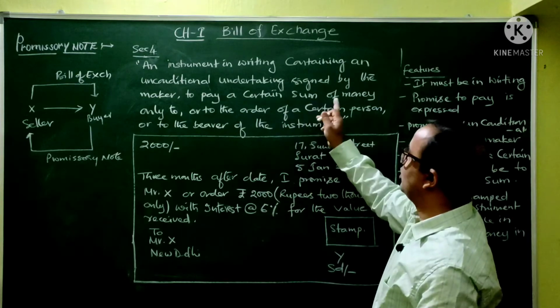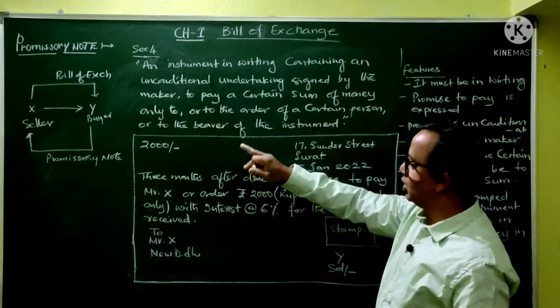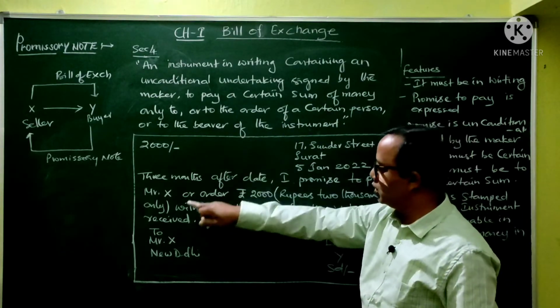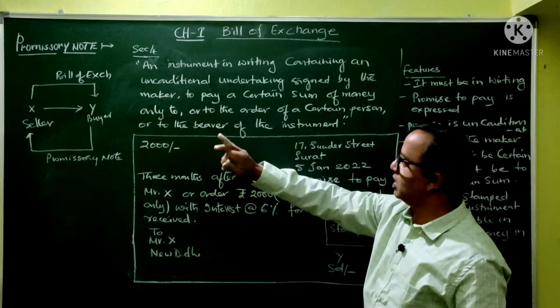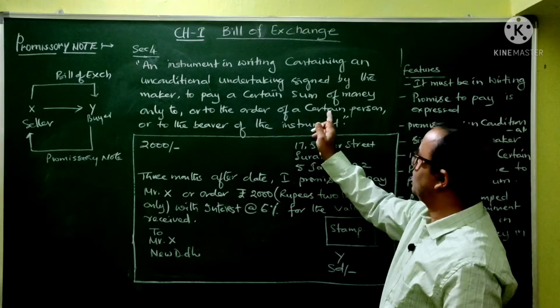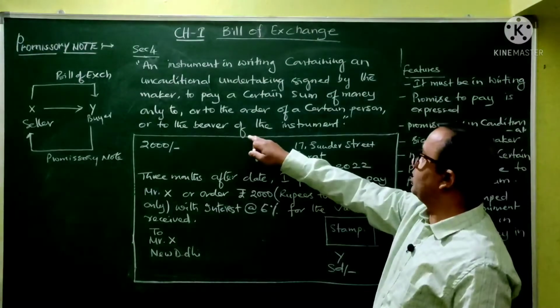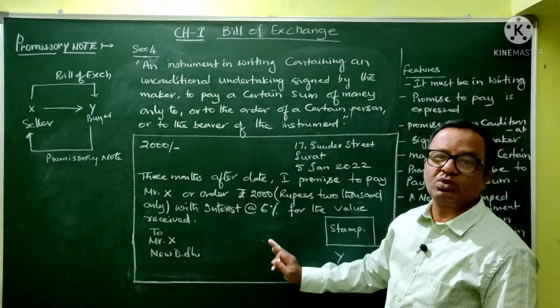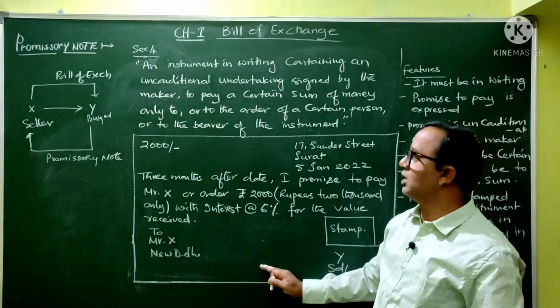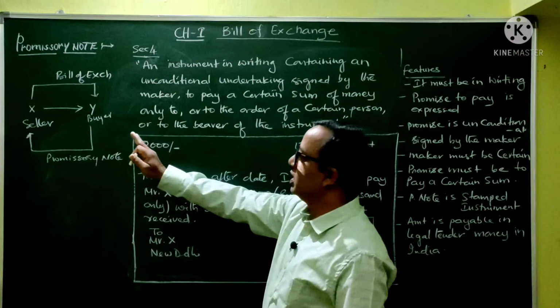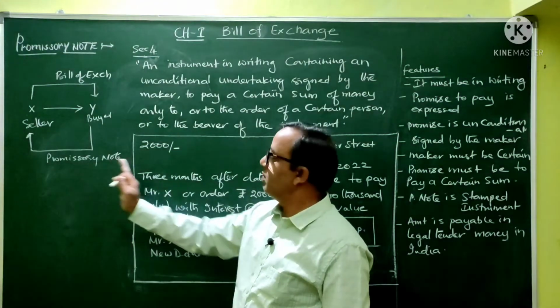To pay a certain sum of money only to this particular person, X, who is the seller, or to the order of a certain person, or to whomever he orders to pay it, or to the bearer of the instrument, whoever bears this instrument on the due date. So this buyer is promising, by writing this instrument,